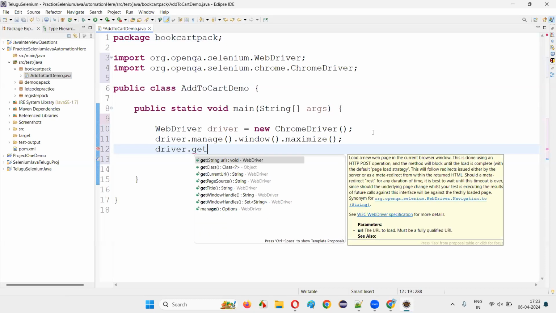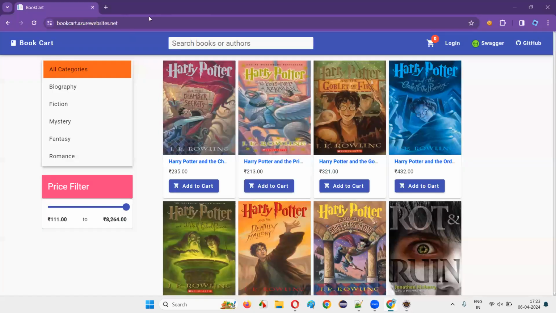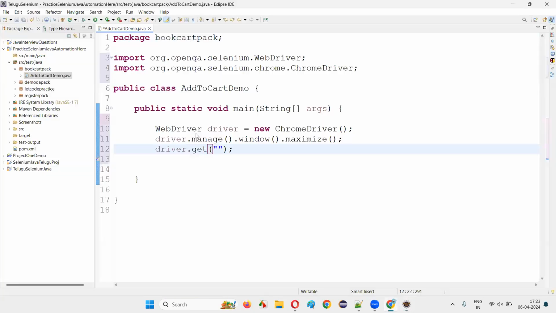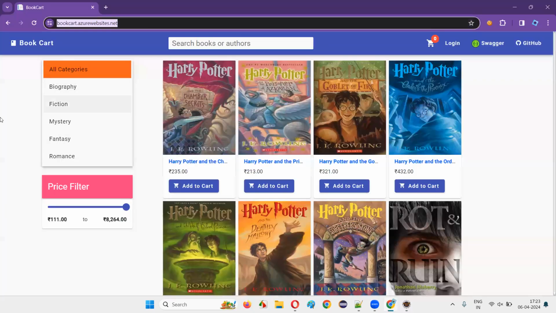So driver.get, and here provide the URL. What is the URL? This is the URL, guys. Copy this and provide the URL here. And after providing the URL, then what I have to do, I have